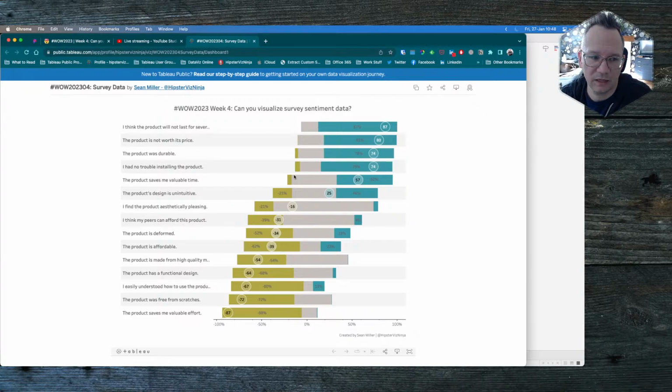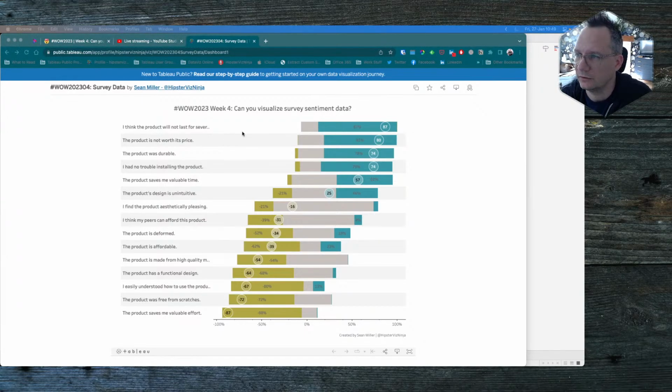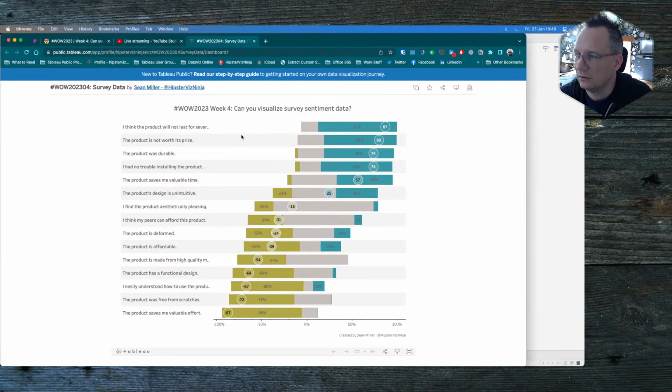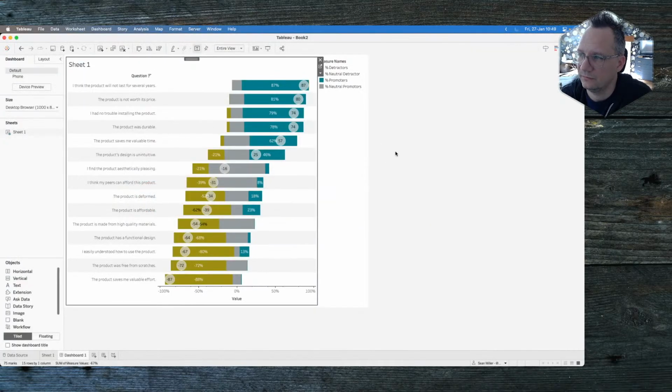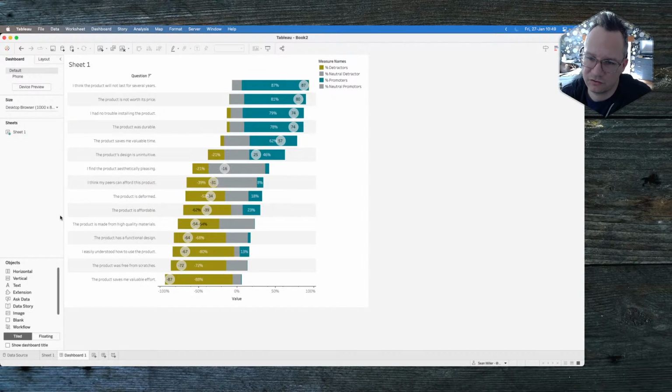All right, how do we do that? Yep, good, thank you, Jack. So if you're wondering how I did that, this is kind of a sneaky little trick again. I changed my objects to floating,